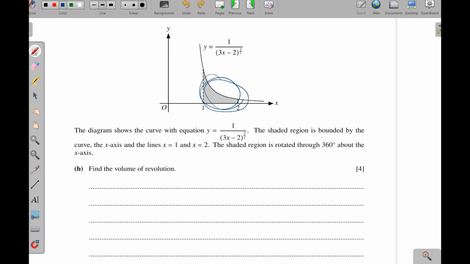Now, when you rotate this one about the x-axis, you will again produce something like this, okay? So you see that something like this happens every now and then when you are rotating. So we have that. Now, what we do in here, we are going to split this one down into these very many strips here. And each of the strips, when you get it out, will approximate a cylinder. So if I pull out, let's say, one cylinder here,